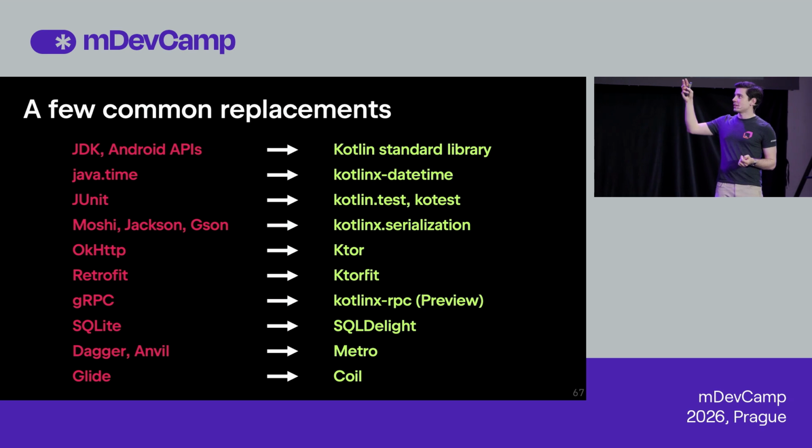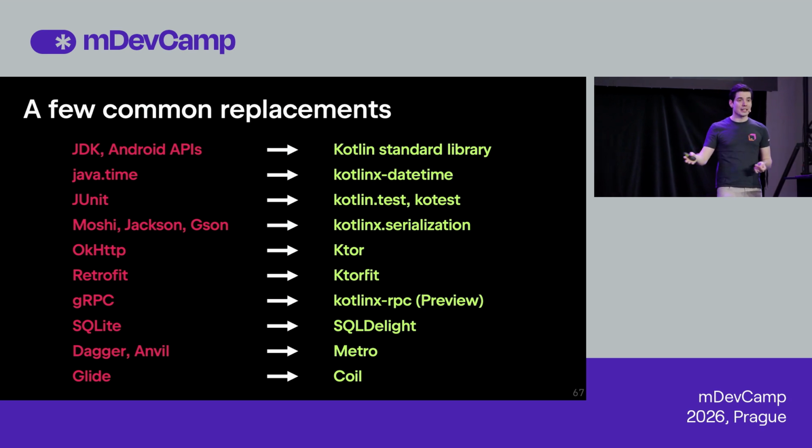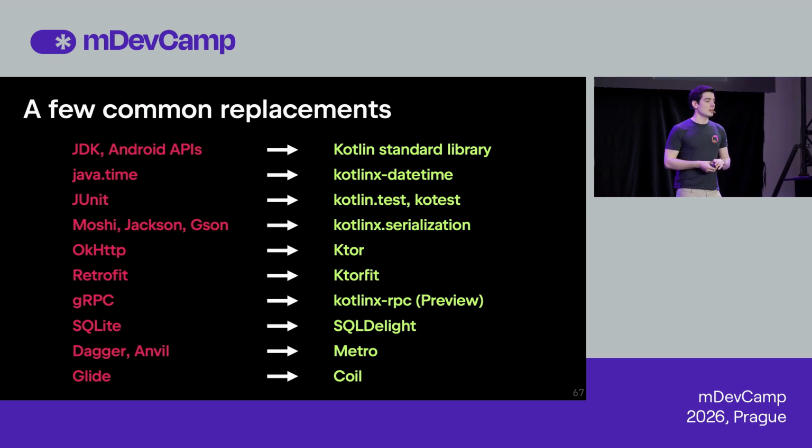You can look at things like OkHttp and Retrofit, for example, which are JVM libraries. And there are alternatives here like Ktor and Ktorfit for Kotlin Multiplatform. Or it's worth mentioning the Kotlin standard library, actually, that's here at the top, which, of course, is a multi-platform library. And it contains a lot of functionality that you might use from the JDK, from Android utilities, from other utility libraries. So it has things for working with collections, regular expressions, UUIDs, stable since yesterday,